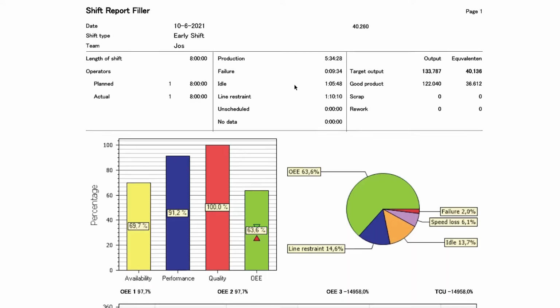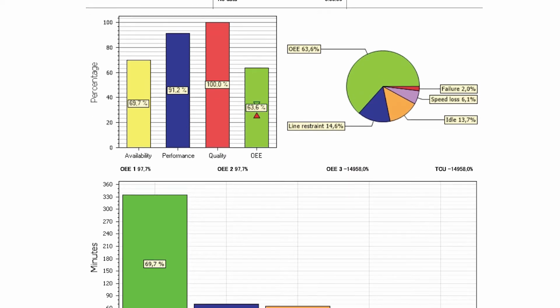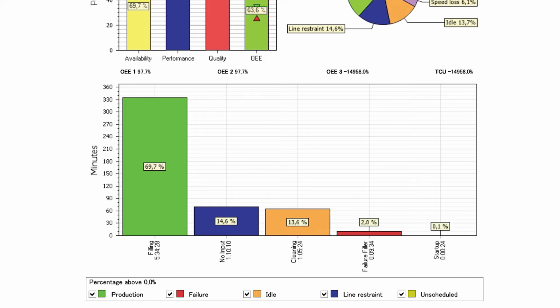2. In order to discuss the problems that occurred, create a detailed shift report or period report of the lines that show anomalies. The shift report gives a more detailed view of the activities that took place during production. It helps you in finding which activities caused problems, addressing the biggest losses.